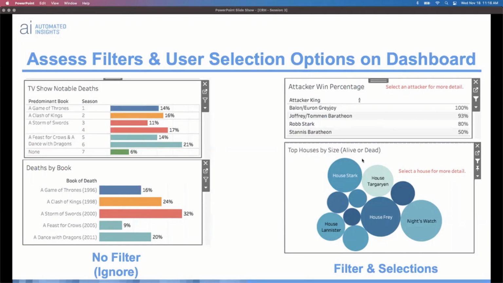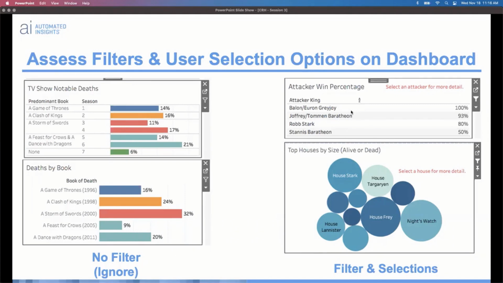However, with the two over here, where we're actually calling out for someone to make a selection for the attacker king or click on a house for more detail, we can see the little filter icon is lit up. They are filtered. So if someone makes a selection, it's going to filter that data that's being sent to Wordsmith to only whatever selection they've clicked on. So say I click on one of these attacker kings, it's going to only send over attacker king data for whoever I have selected, which of course is going to affect any of the insights that we have pulling from